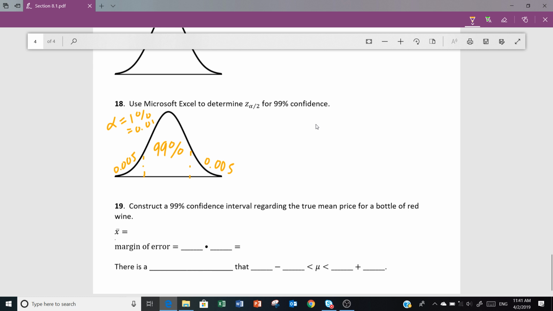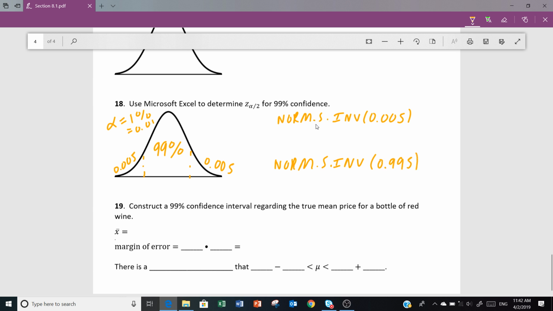Good. Norm.s.inv. What am I going to put in here? Which one? 0.005. That's the first option. What's the second option? Good. You either put in the left one, which is the 0.005. Is the right one also 0.005? No. Good. It's 0.995. So if you have 0.005 on this side, you have 0.995 on the other side. So you have to make sure that you put